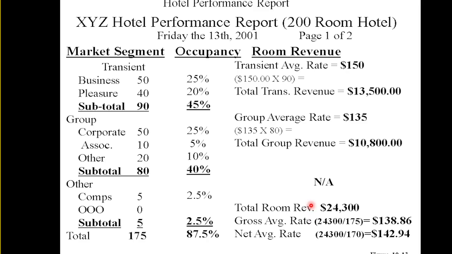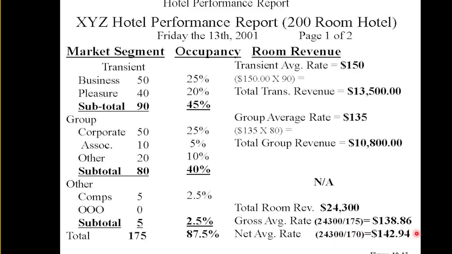Then for gross average daily rate or the ADR, all you need to do is to just divide the 24,300 by 175. Where did you get the 175? It's the total number of rooms occupied, okay? So 24,300 divided by 175, that is